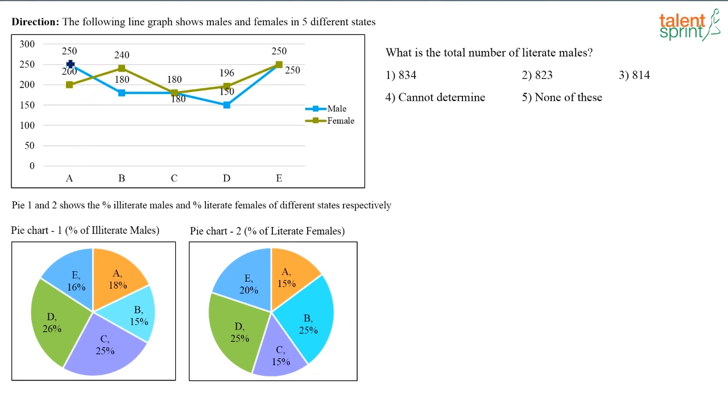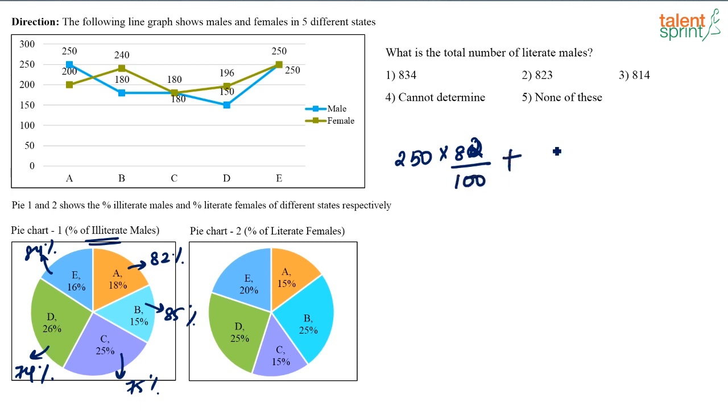So if you look at state A, right, you have 250. So in state A, how many literate people are there? 82% are literate. Because this is illiterate, I am just finding out the literate percentages here. Okay, this is 85, this will be 75, this will be 74, and this will be 84%. So this will be the percentage of literate males in each state. So what should I find out? I have to find out what is 250 into